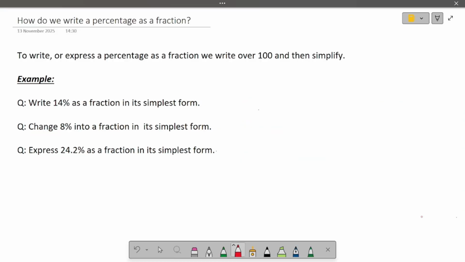Let's take a look at how we write a percentage as a fraction in its simplest form. To do this, we take the percentage, and much like we did with the decimal, we write it over 100 and then we simplify. So to turn 14% into a fraction in its simplest form, we take the 14, write it over 100, and then we can simplify. Now we can find the highest common factor of 14 and 100,